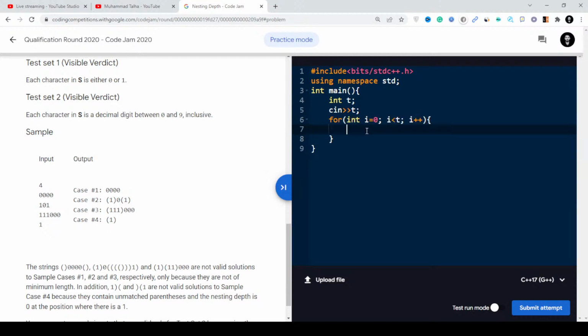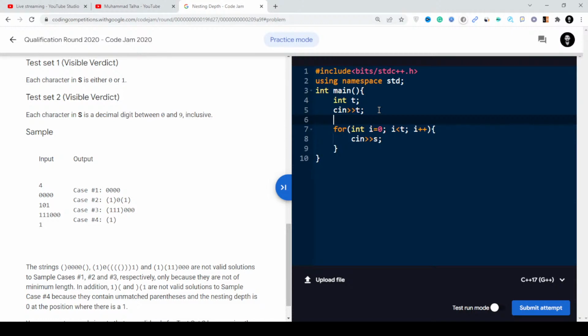So what I will do, I'll just go ahead and take the input for this string s, and because I'm using variable s, I also have to initialize this as a string. Okay, because remember the question told us that we will be given strings of digits, so these are not integer numbers,